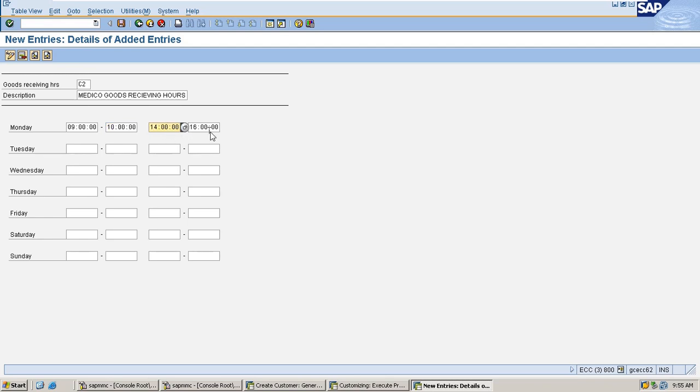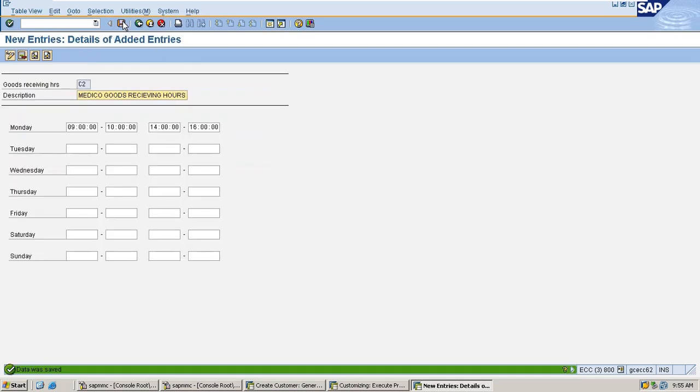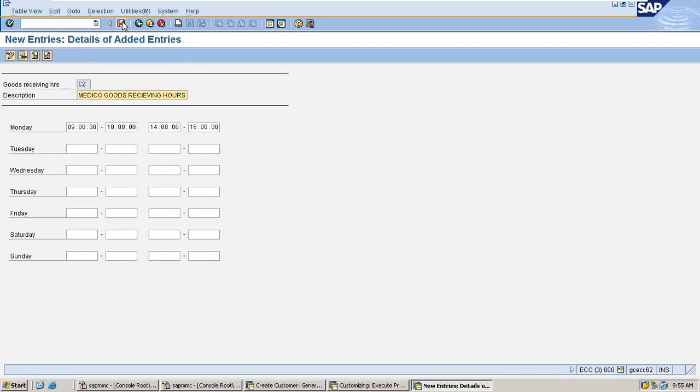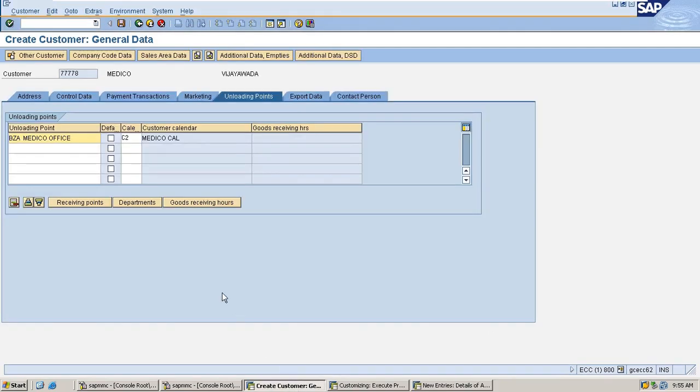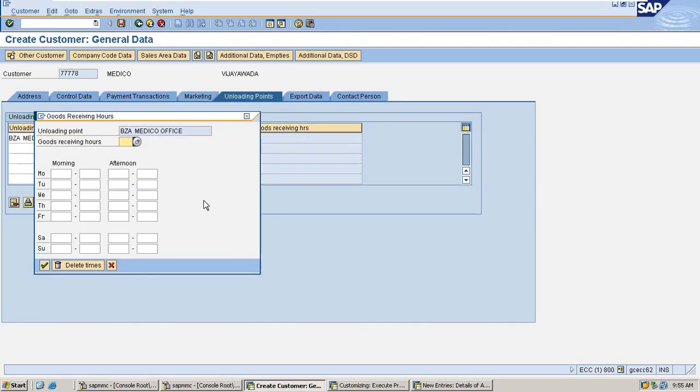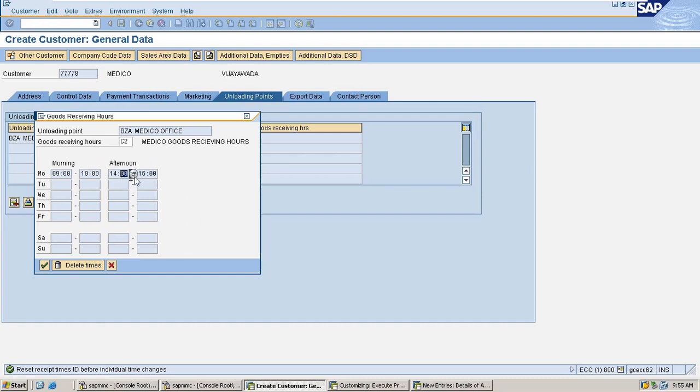In the same way, from 14 to 16, meaning 2 to 4 in the afternoon, he can receive the goods. I'm just going to save it. So we can assign the same thing here. C2 is the goods receiving hours which we have created for this customer. The details came here, right? Now you can save it.